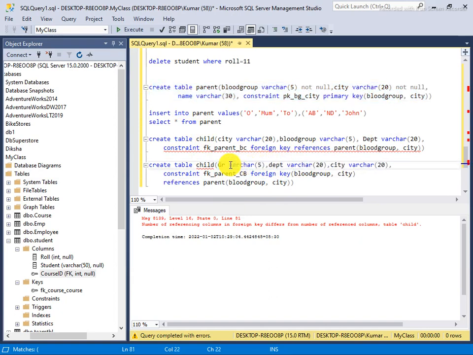Here I am changing something different. I am telling it group of blood, and city name.